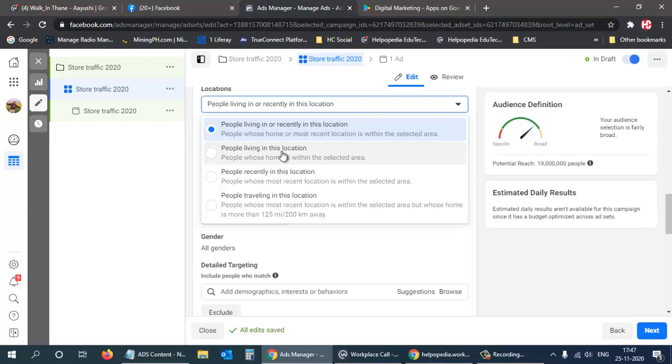If it is a physical store where people can purchase products, then I can select anyone. Even if people are coming from Pune, they can purchase products. But over here this is not a product, it is a service wherein we are teaching digital marketing, so I want only people in this location.